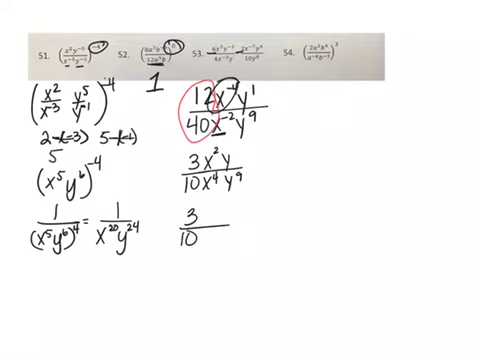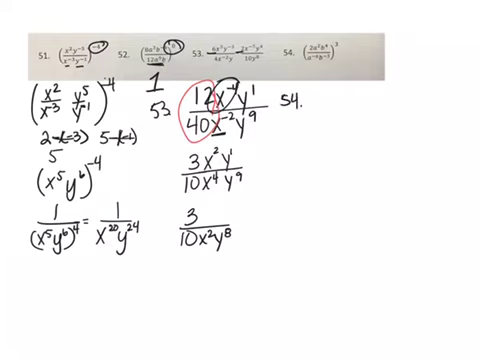3 over 10, x squared over x to the 4th. So 2 minus 4 is negative 2, so that's going to put x squared in the bottom. And then 1 minus 9 is negative 8, so that puts y to the 8th in the bottom. And that was 53. 54